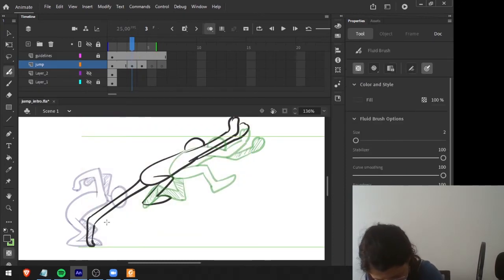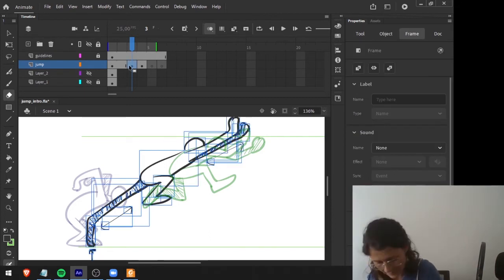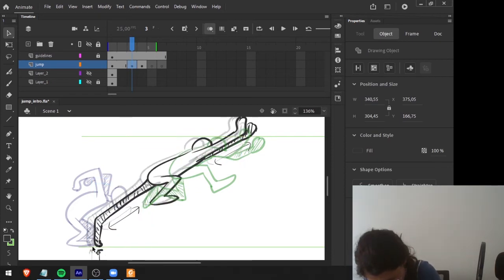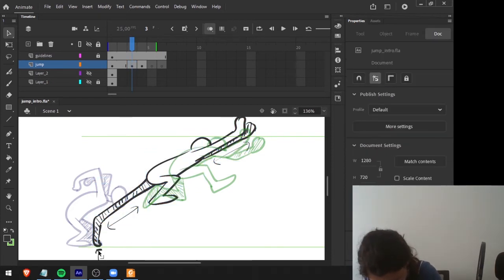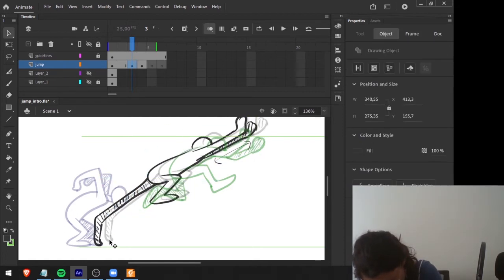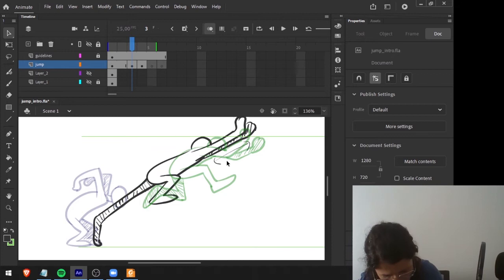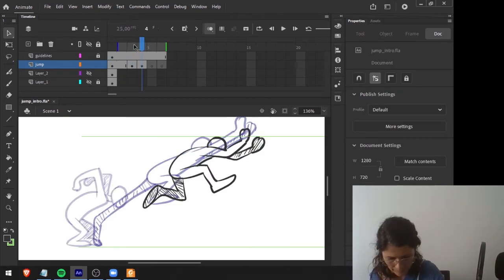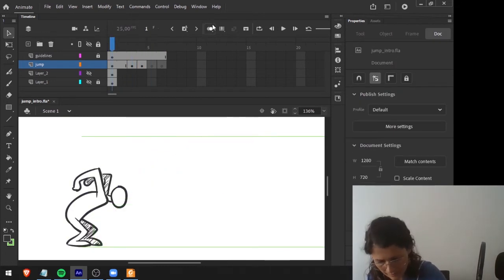So here we have this head stretched, these arms stretched, the foot still touching the ground and ready to go up in the air. And another thing here is to keep the contact foot coincident with that one. Okay, so this is my left foot and I will keep it there. So we have this. Let me turn it off.